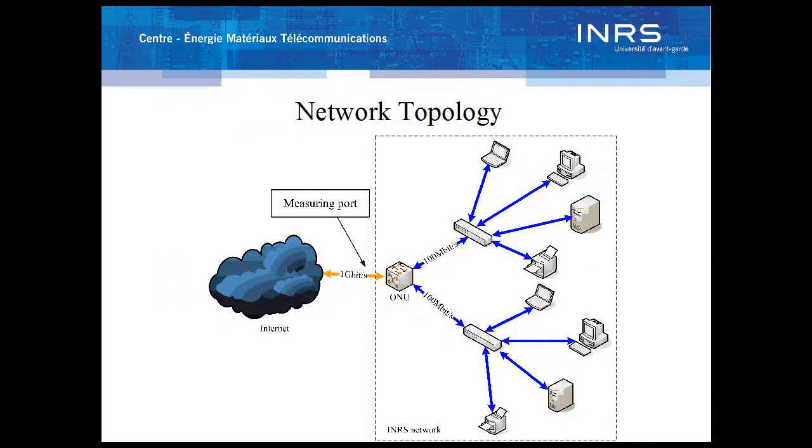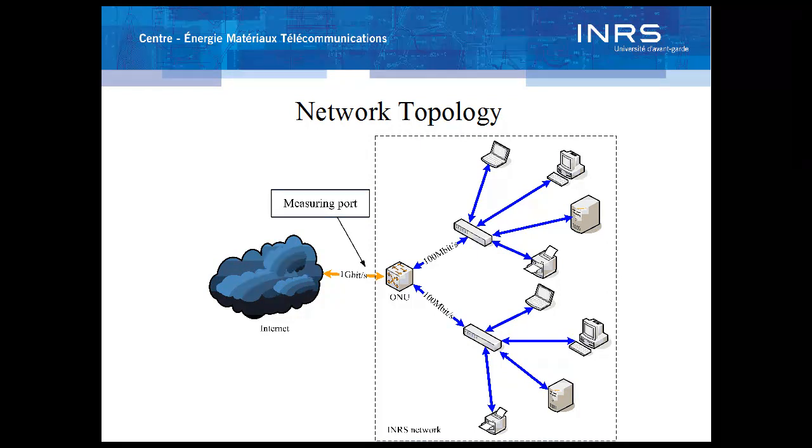INRS uses two separate fiber links with the outside world, one for the incoming and one for the outgoing traffic. Our measuring point is, however, equivalent to an optical network unit, ONU, in a passive optical network, PON. That's because the subscribers to a given ONU typically send and receive traffic over 100 megabits per second Ethernet links,